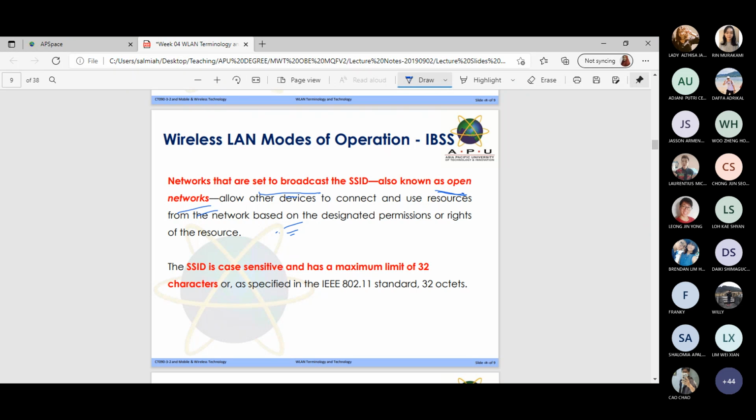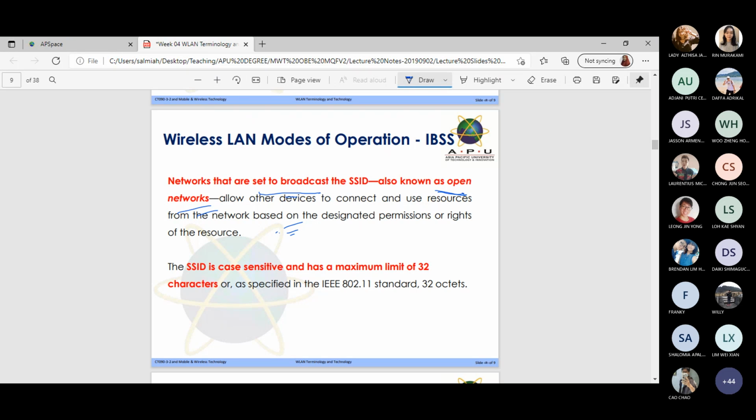But be careful, it might be a honeypot. You know, honeypot is a trap, where certain people want to launch an attack on any end devices that connect to them. So be careful, right? And that's the reason why it's very, very important. If you want to connect to an SSID, there must be wireless security measures in place.